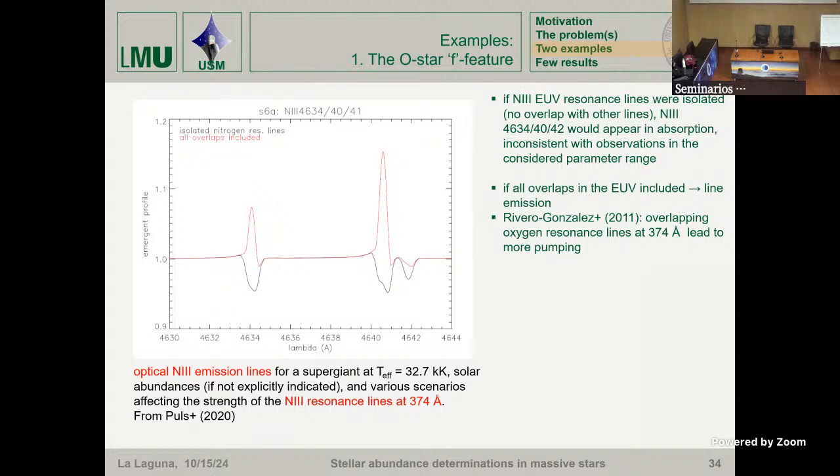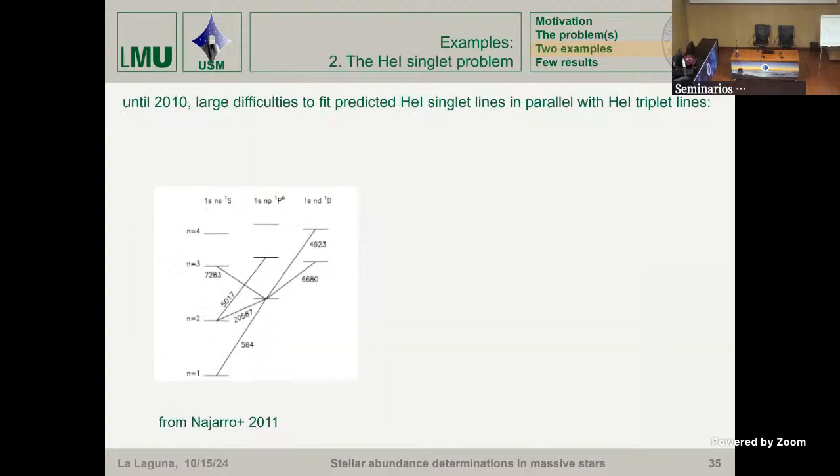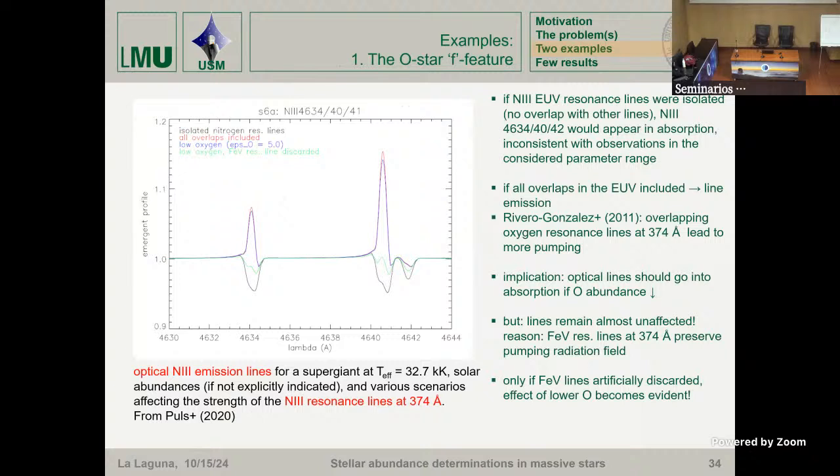In the original publication by Rivero Gonzalez, it was argued that the line overlap is only due to oxygen. So a simple trick is to reduce the abundance of oxygen, then it should go into absorption. When you do this, you would see nothing. So I've reanalyzed the problem, and indeed it is the iron V line, which then